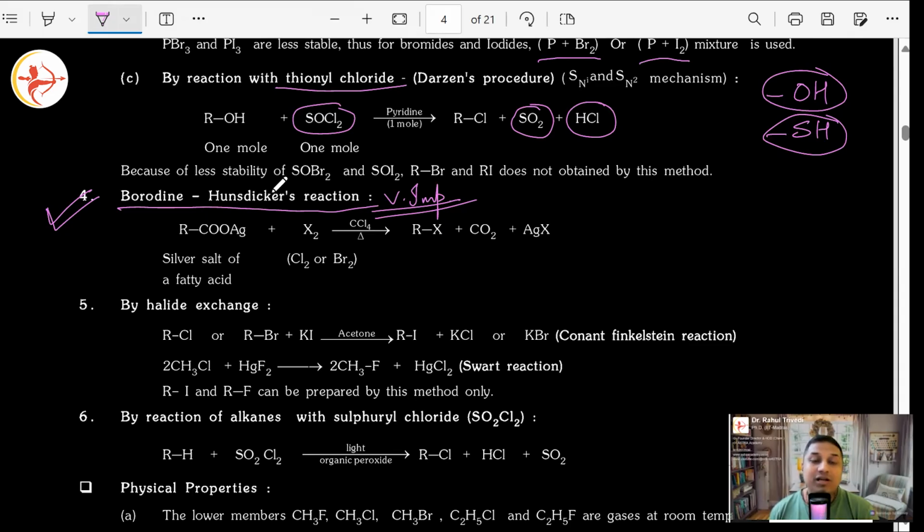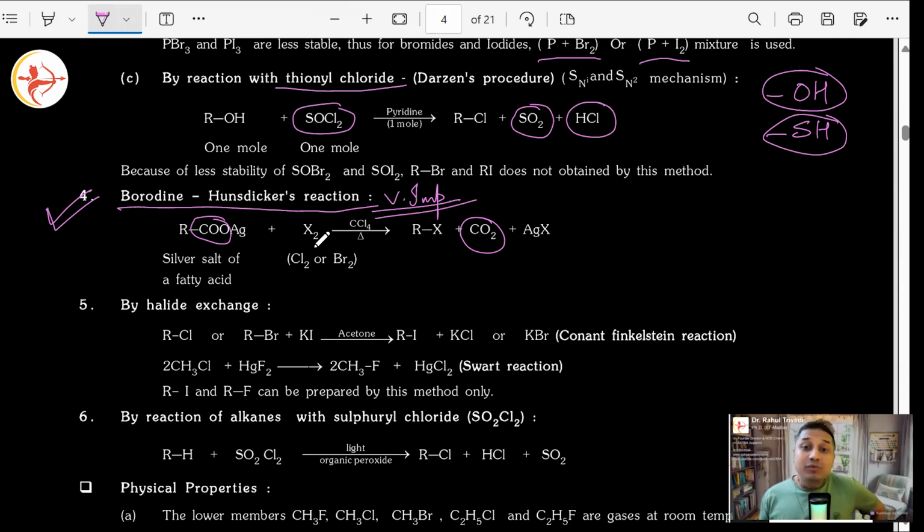Why? Because one of the carbons goes out as CO2, which is quite logical. We have seen this type of thing happening in the past. Yes or no? Silver combines with the chloride ion, and COO minus is there. It will give its lone pair back to form a double bond. Carbon will get a negative charge to take care of that. It will break and go out as CO2.